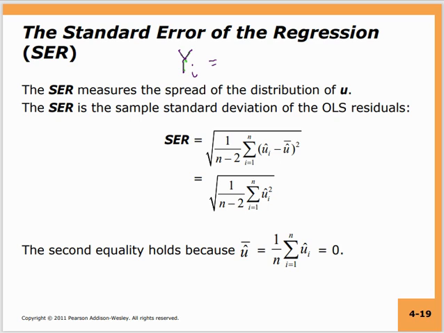Yi equals beta 0 hat plus beta 1 hat xi plus ui hat, which is yi hat. Now this ui hat will be different for different points, right? The errors will vary. So there will be an average error and there will be a variance of that error. In certain cases, the error will be very large. In certain cases, the error will not be so large.